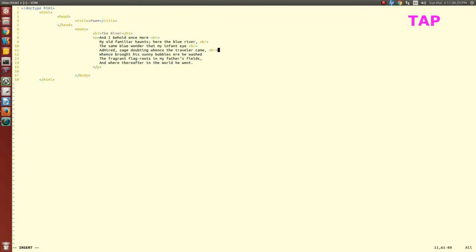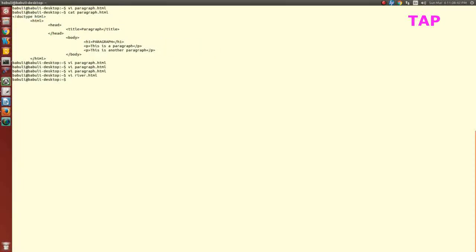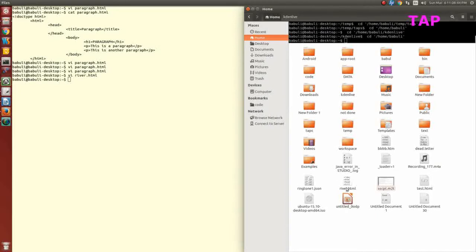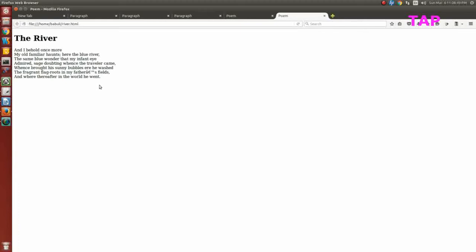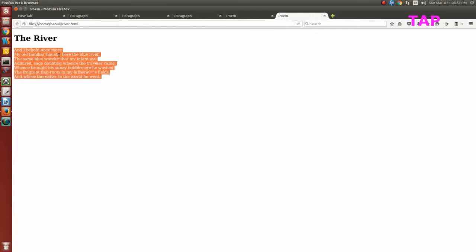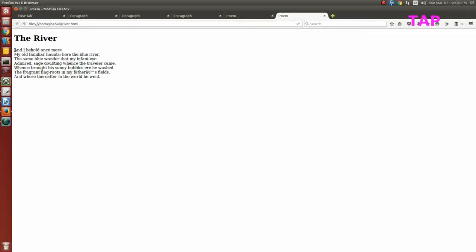Now save this program and run it. See, now this is looking like a poem. For each line I have given a break. That means it is taking the content to the beginning of a new line. So though I used one P tag only, in that P tag I have used the BR tag, so my output is coming in different lines.